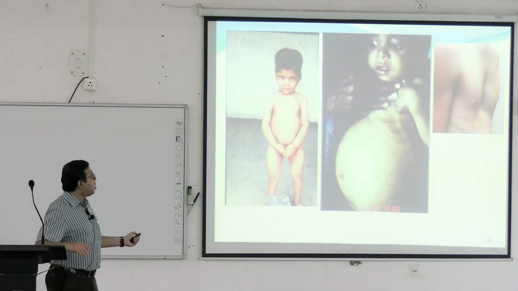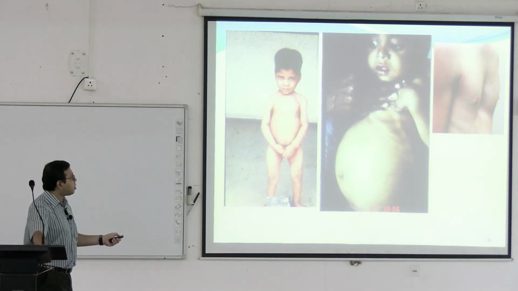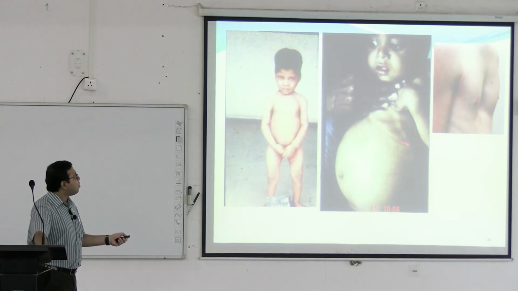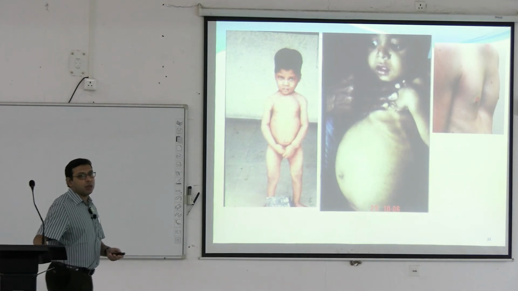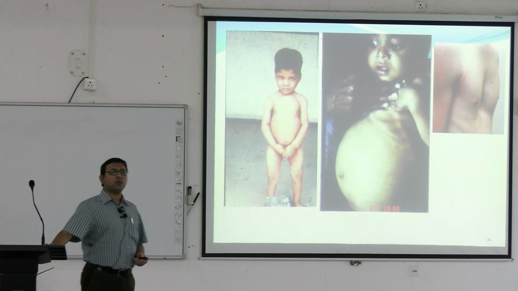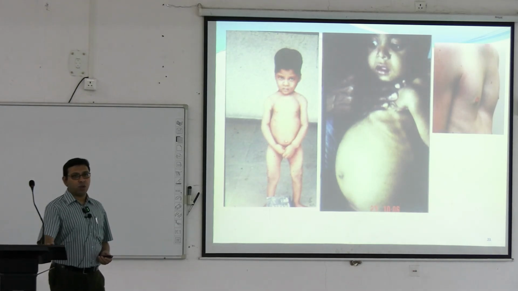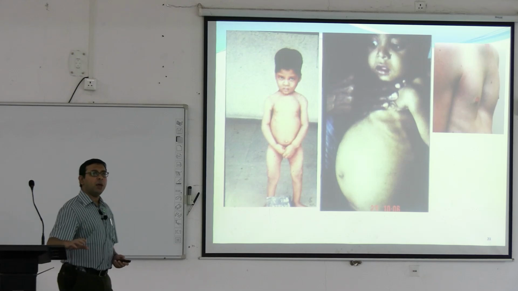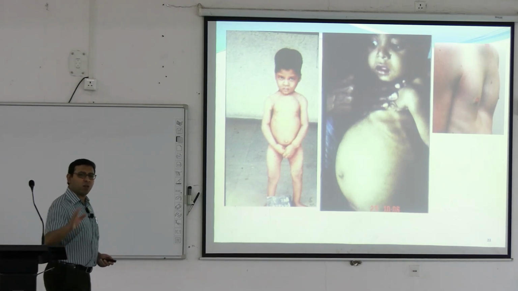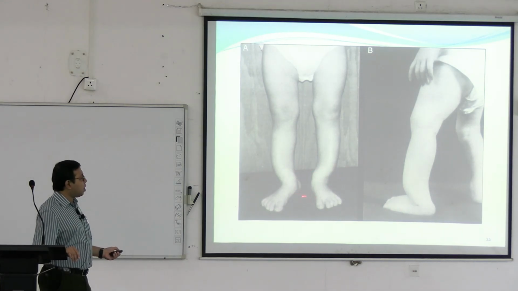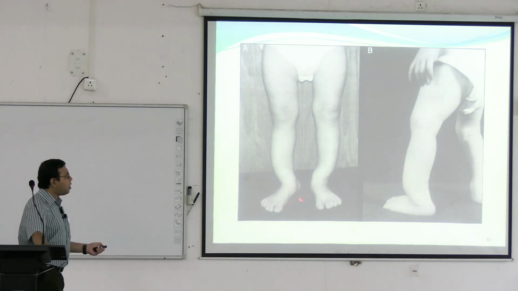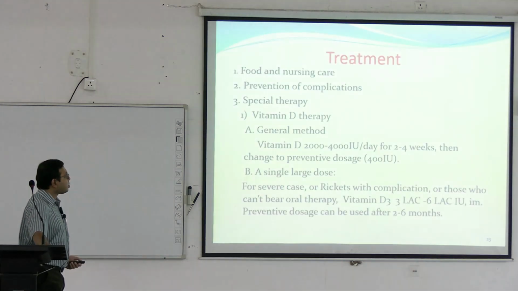You can see this is the picture. This is the bow legs, this is the pot belly, craniotabes, this is the frontal bossing, this is the rachitic rosary and pigeon-shaped chest. So this may happen in case of rickets. Rickets is quite prevalent in African countries also. In India it is less because of vitamin D fortification and also due to the sunlight. You can see the typical bow legs, with changes in the skeletal architecture of the legs.